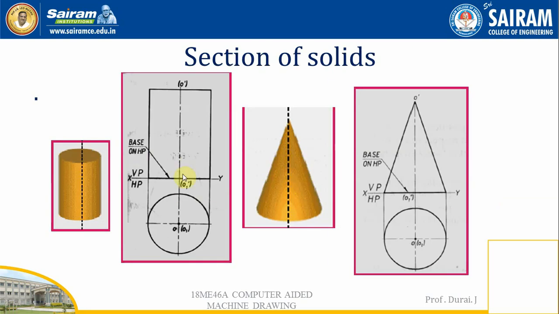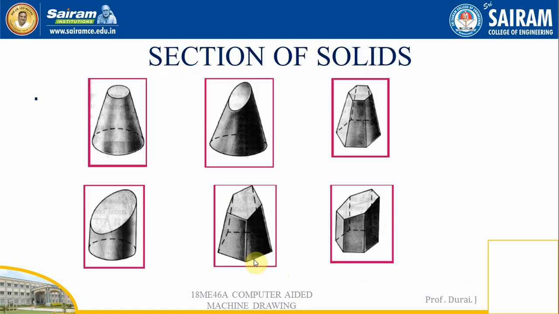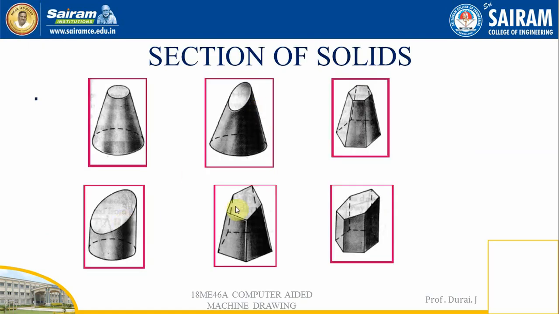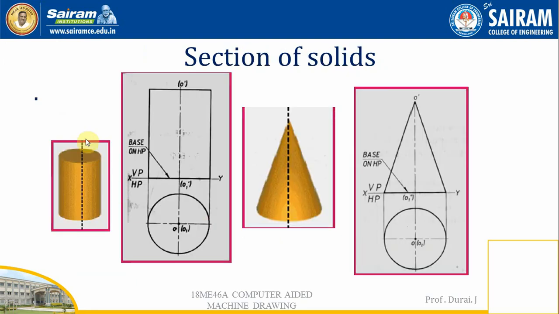Then coming here, in this section of solids drawing, they are shown as a cylinder as well as a cone. The section plane passes exactly through the mid portion of the cylinder, so the shape looks rectangular. If you cut over here, it looks like a rectangle. Exactly in the middle, from here it will be a straight edge, and the bottom also a straight edge, so it looks like a rectangular face.